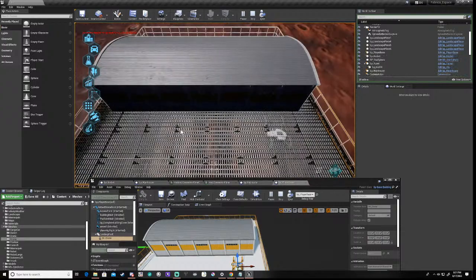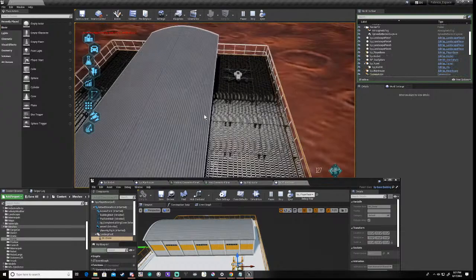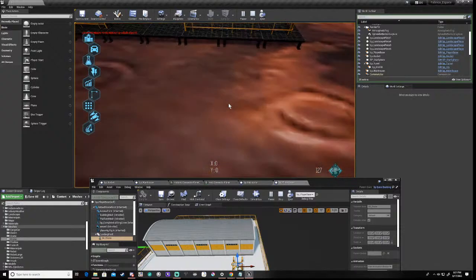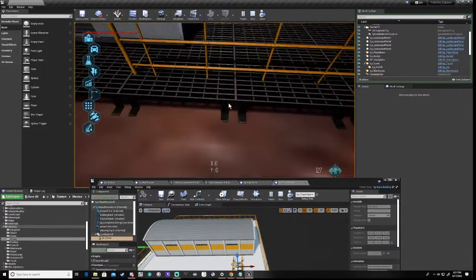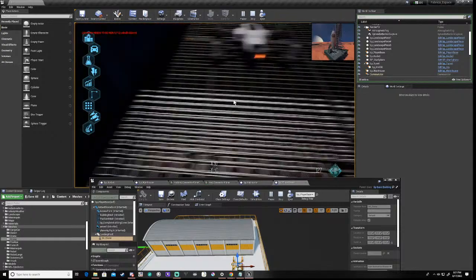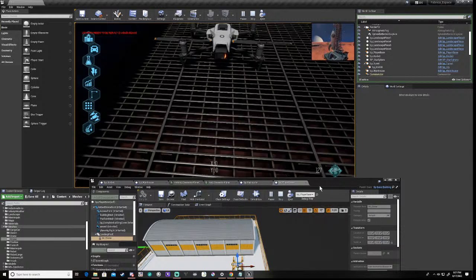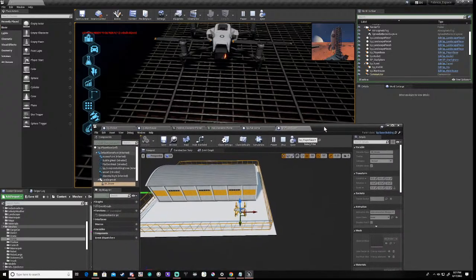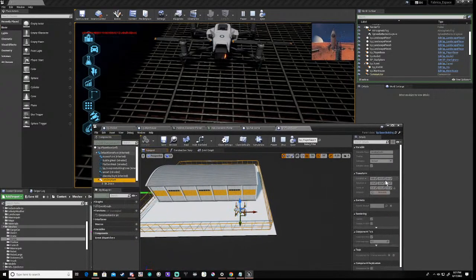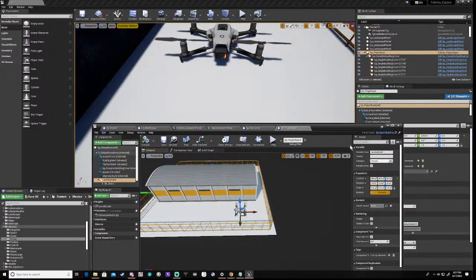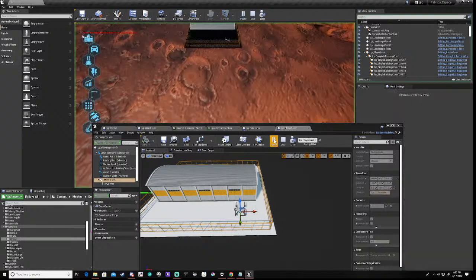Just wondering if that's in line or not, you know. Yeah, I mean, that looks okay. The point is, if we move this to, right, stop that. If we move the landing pad to 40, and press play,